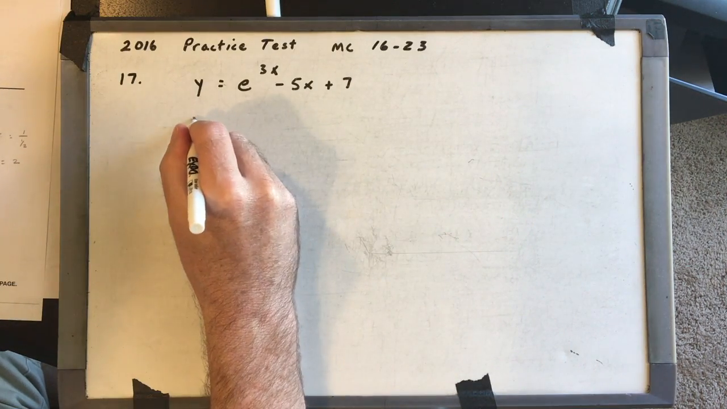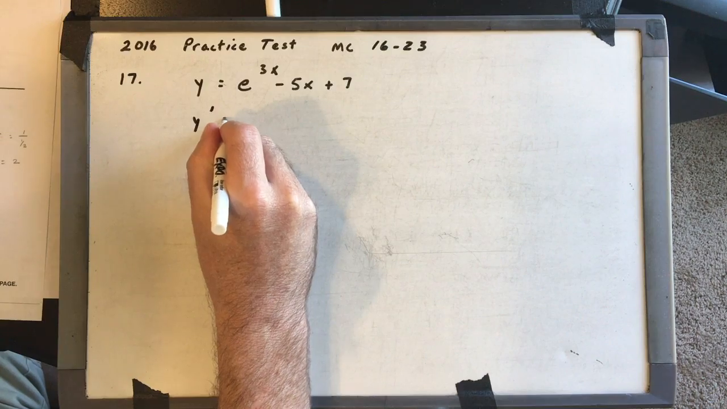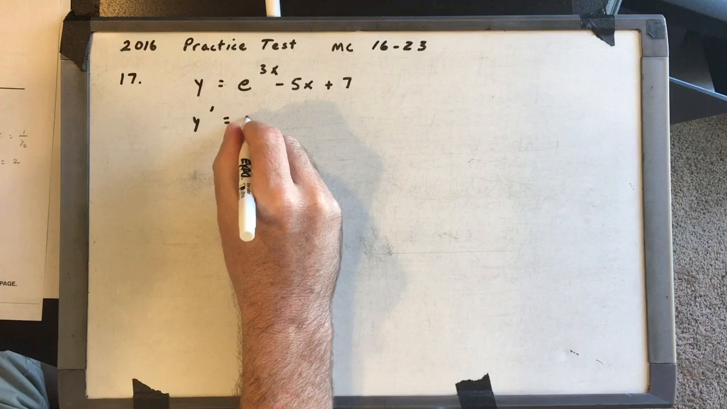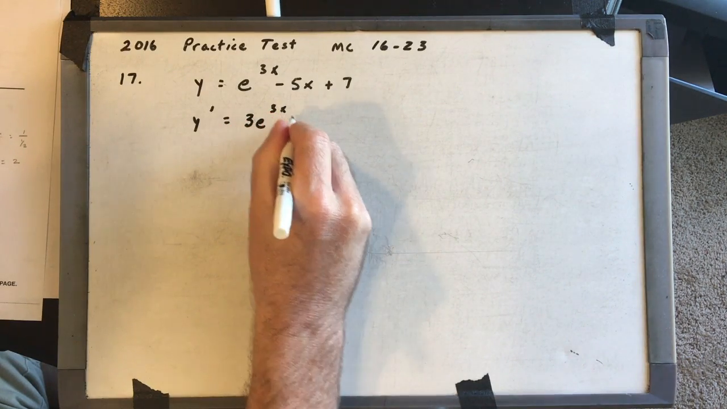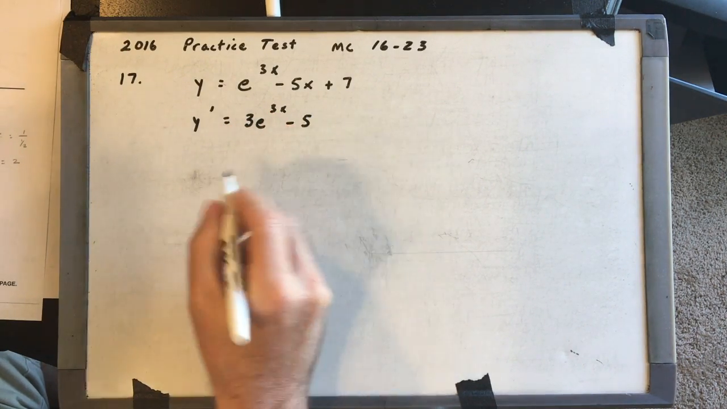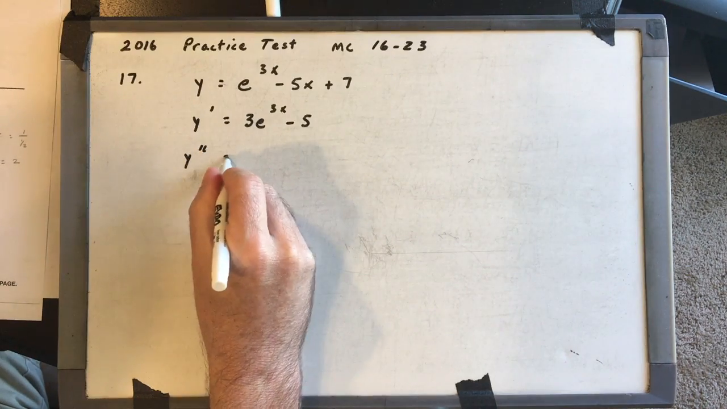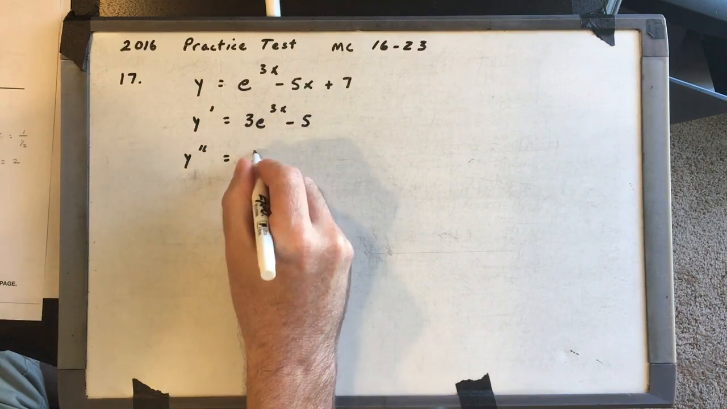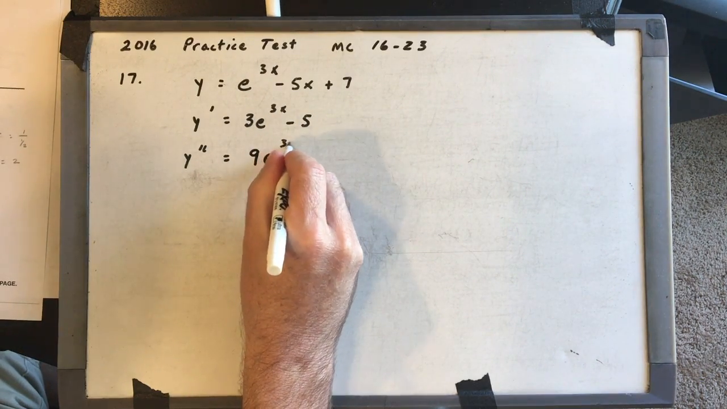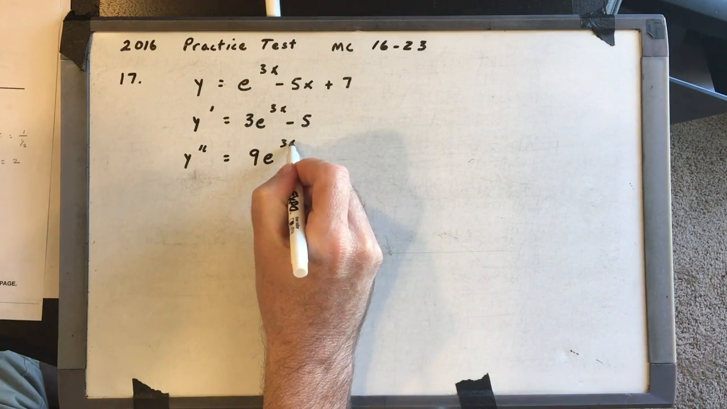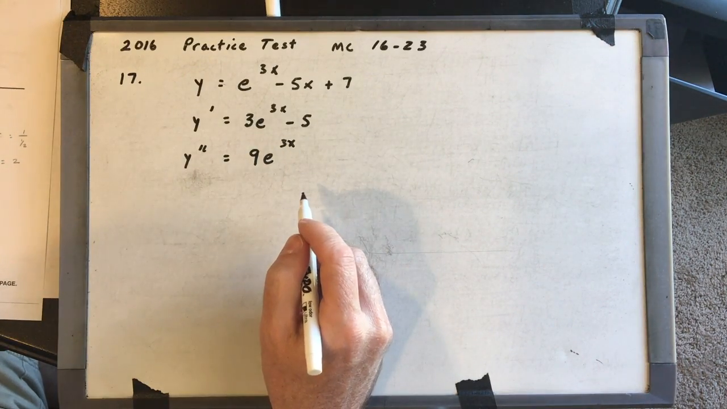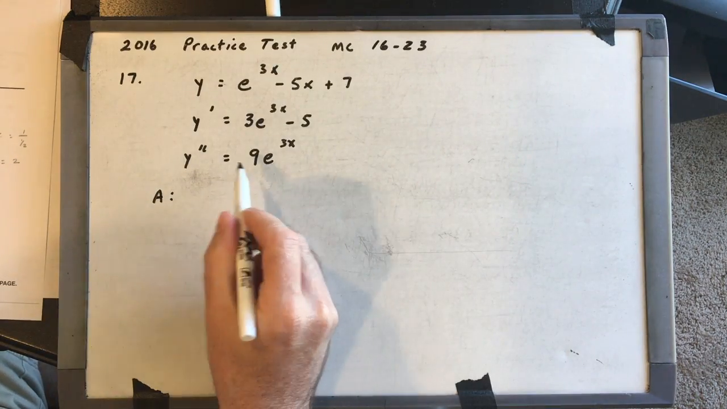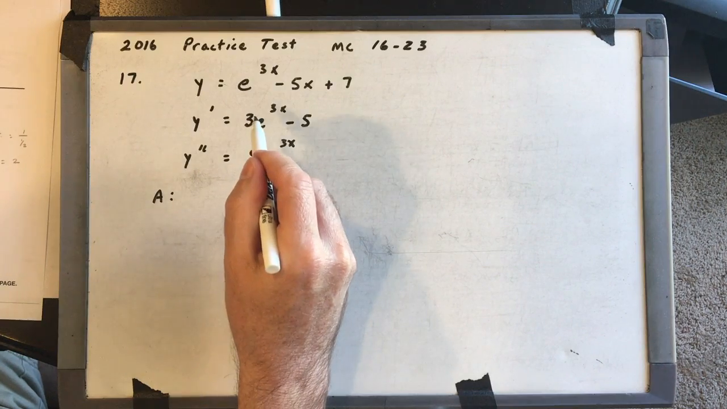Okay, so y prime is going to be equal to e to the 3x times 3, so 3e to the 3x minus 5. And then y double prime, the second derivative, would be 3e to the 3x times 3, so that's 9e to the 3x. And then the derivative of 5 is 0. So let's just try A. We have to just basically plug what we have, y double prime and y prime,